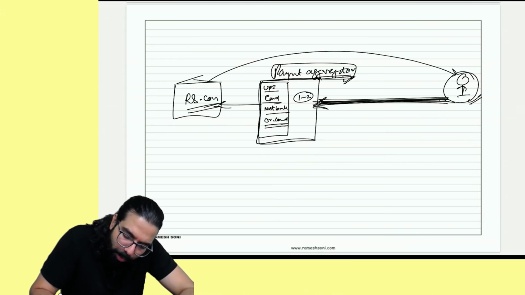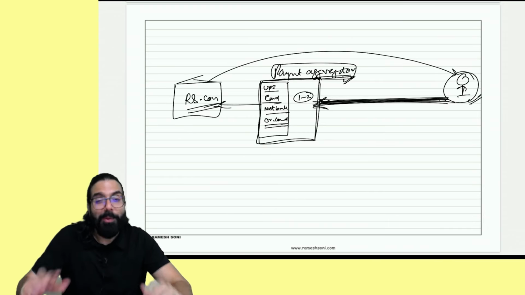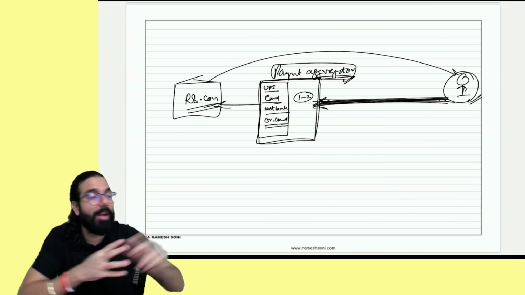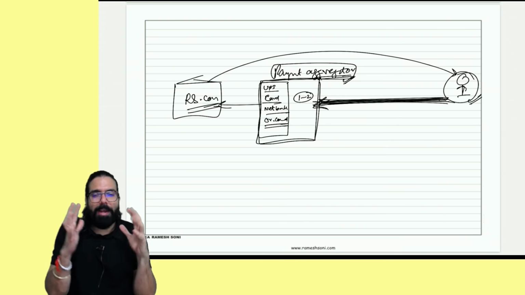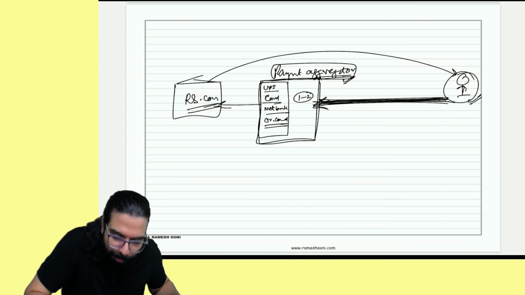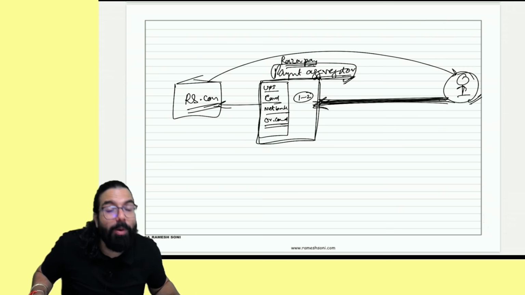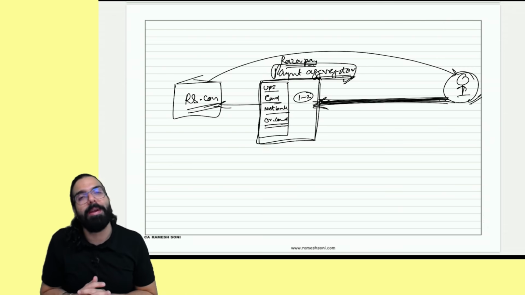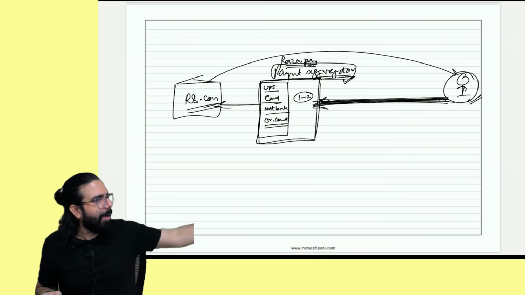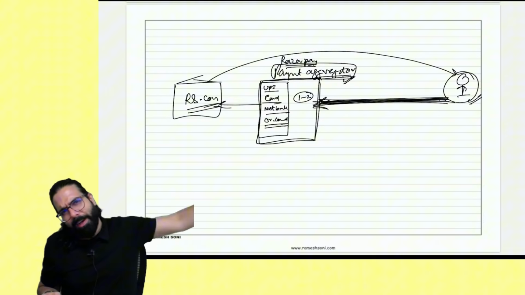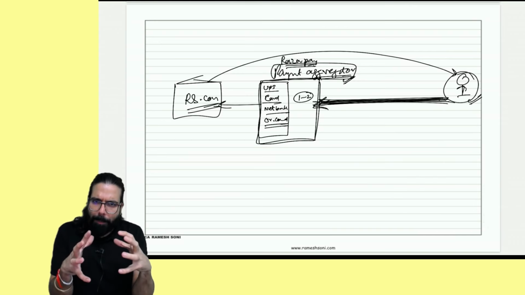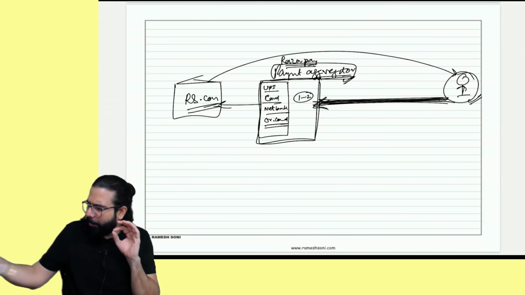What does a payment aggregator do? Whenever you make the payment, you came on my website, you bought a book or you bought a class, the payment will come to the payment aggregator, who is basically Razor Pay. You would have seen on the website, Razor Pay will open. What is Razor Pay? Razor Pay is nothing other than a payment aggregator. They will keep collecting the payment from the students' respective bank accounts. Okay? They will aggregate the payment and then after 1 or 2 days they will release the payment to me.